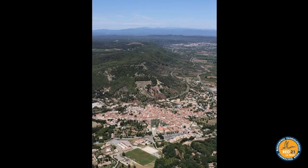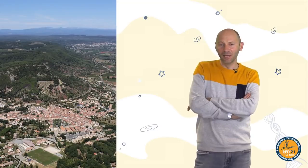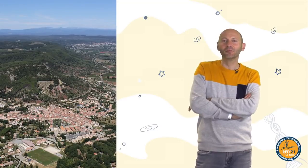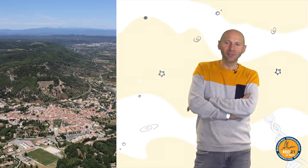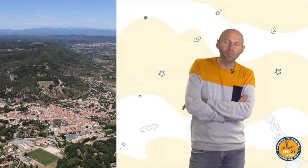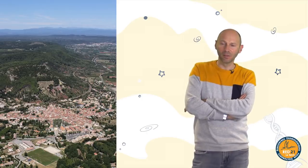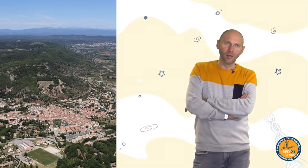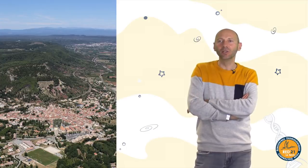instrumentation like drones sometimes. Here you have a photo of a very small but nice city in southern France, in the Var region, called Gonfaron. And Gonfaron is interesting for us because this is one spot in France where you can find Permian sediments, which means rocks which were sediments of around 280 million years old. And in these sediments,